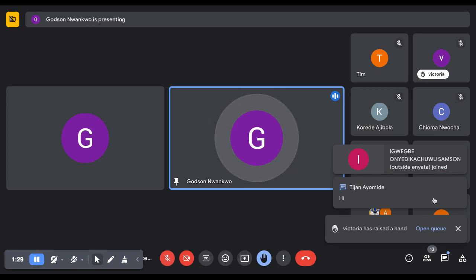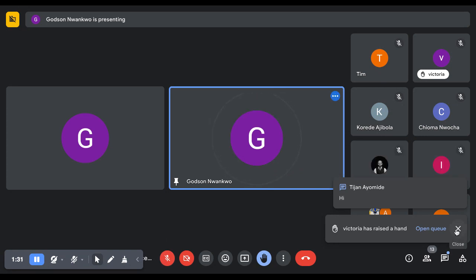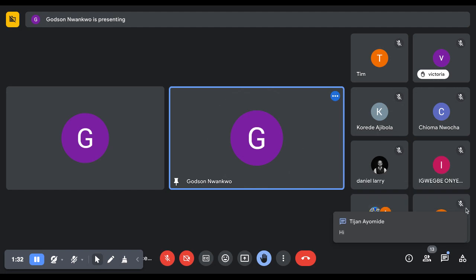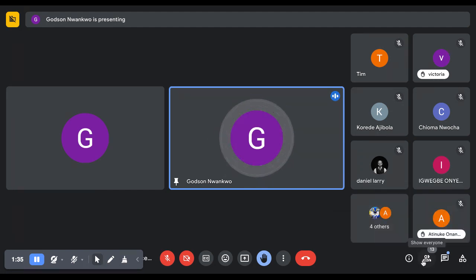I will first of all ask, what does a QA engineer do? Or let me say, who is a QA engineer? My team lead here in Enyata will always say,